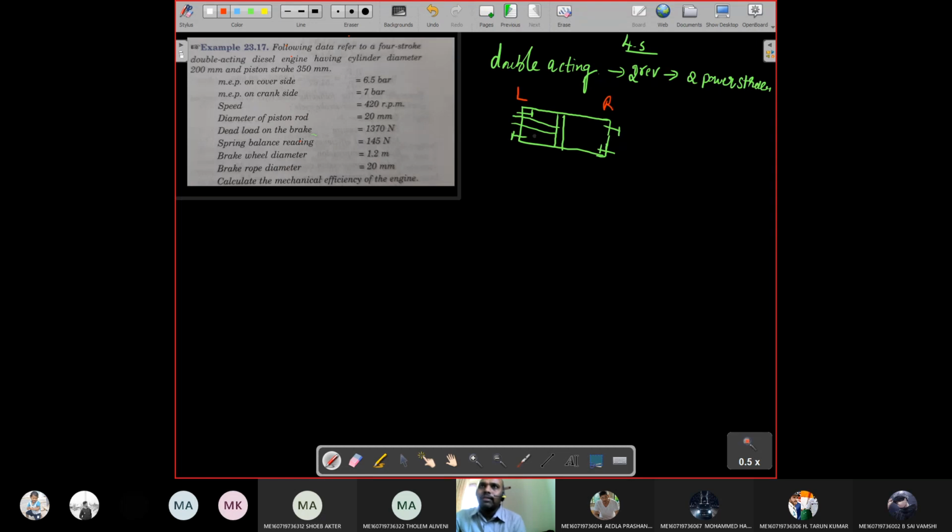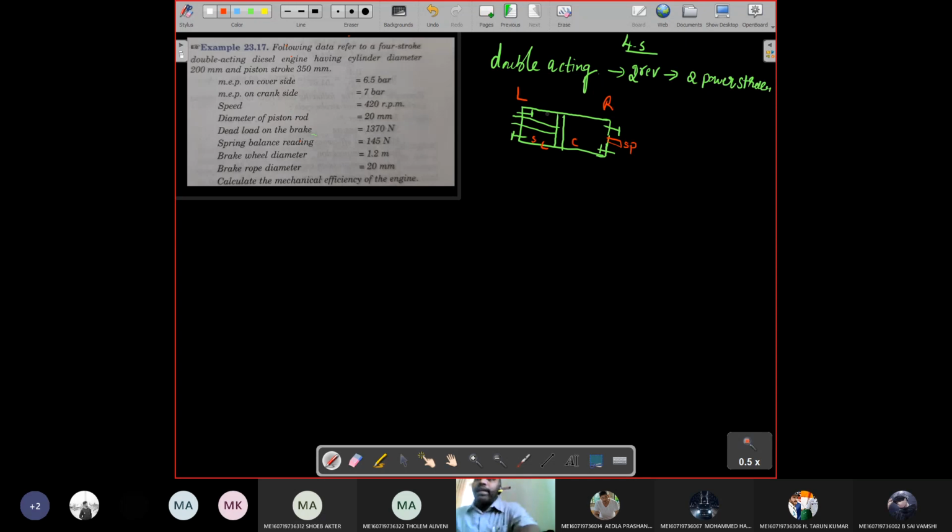On this side suction will take place, and on this side compression will take place. At the end of the compression, here we have the spark plug, so due to the spark plug, combustion is initiated. Now on the other end, when the piston is moving from right to left, the left side suction is already completed. Now the compression and combustion take place. Likewise, for 2 revolutions of the crank, we will get 2 power strokes here.